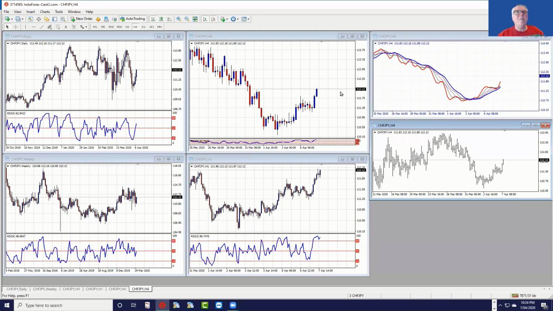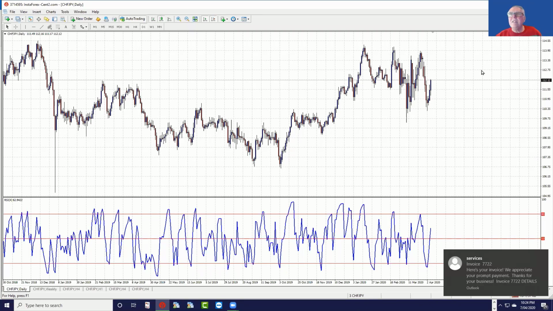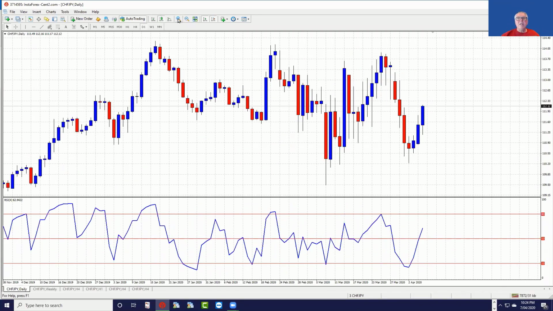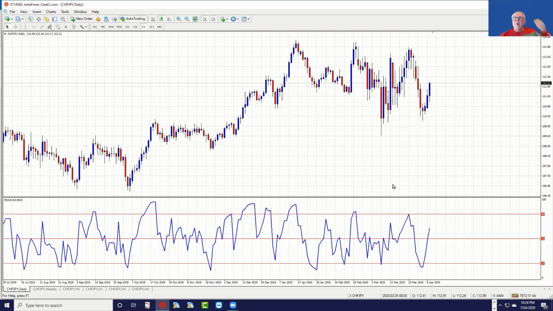franc yen. The franc yen in particular, you can see how messy the market is, and let's just make that a bit bigger. Oh, that's too big. All right, so if you look at these candles, this is before the coronavirus crisis happened. You can see those candles, and then suddenly look at the spikes, just huge spikes and huge candles all over the show, and it's still going on. There's still huge spikes.